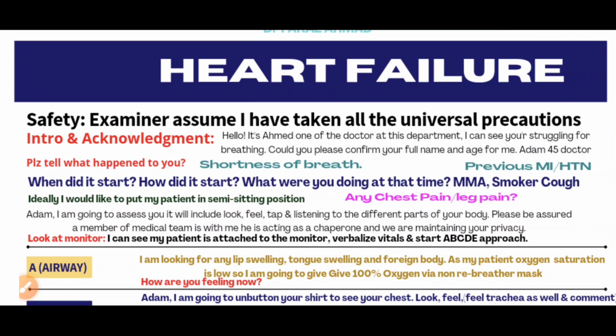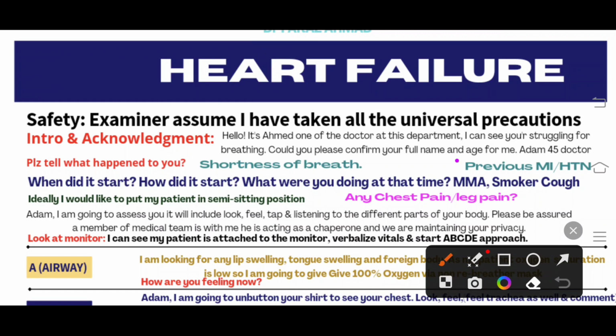Patient will tell you the story: doctor, I went to my GP because of this breathing problem and the GP has sent me here for the workup. Okay, then you will take history. When did it start? How did it start? What were you doing when it started? And the most important thing over here is the MMA: you have to ask about the medical condition, medication